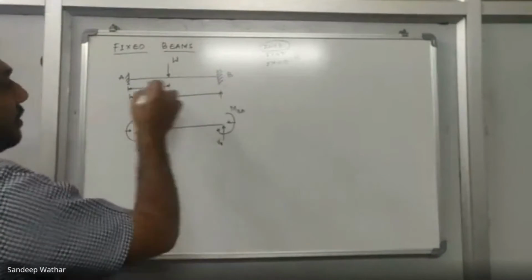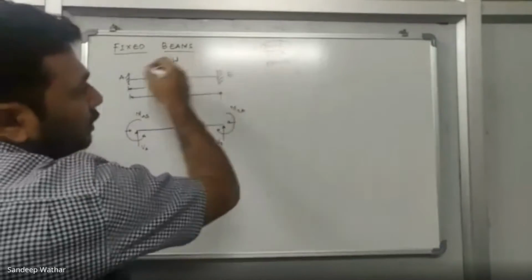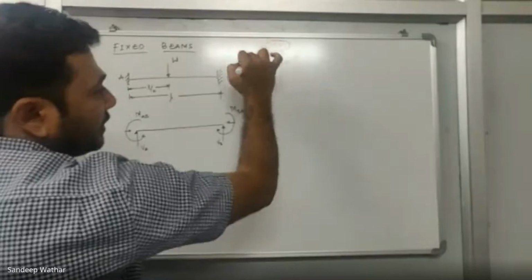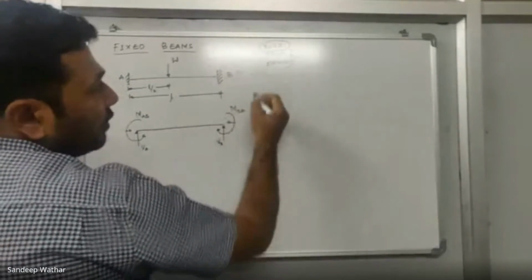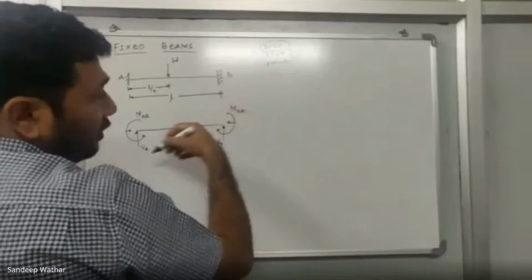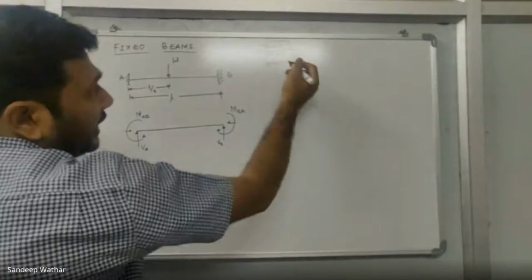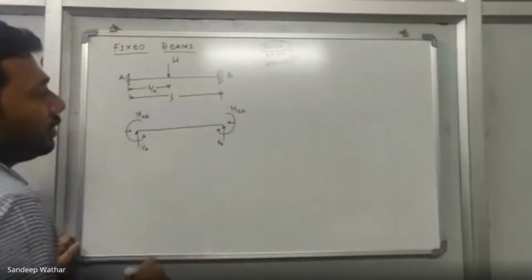Previously I explained to you that horizontal reactions will be equal to 0, because the summation of horizontal force will be equal to 0. So I have already used this equilibrium equation. Now to solve these reactions, I have only two equilibrium equations. First one is the summation of vertical force should be equal to 0. The second one is the summation of moments should be equal to 0.